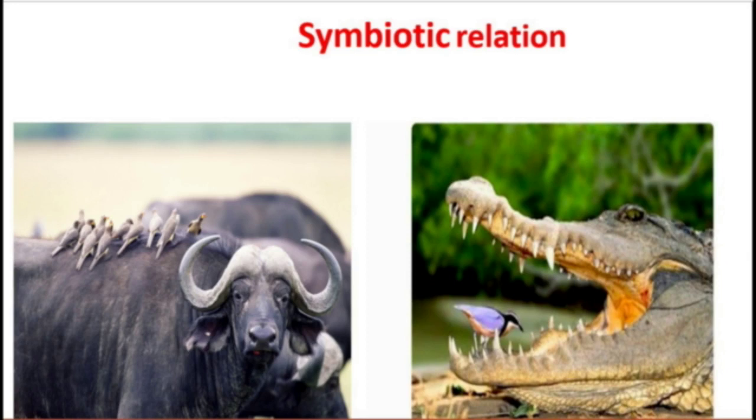Now this is the last topic of this chapter, that is enriching the nutrients in the soil, or how soil is replenished with nutrients. Continuous growing of crops results in the depletion of nutrients. So we have to see how soil is replenished. Whenever we feel hungry, we eat food, right? Similarly, even the soil needs to be added with certain nutrients, especially nitrogen, because plants need a lot of nitrogen. After the harvest, the soil becomes deficient in nitrogen.